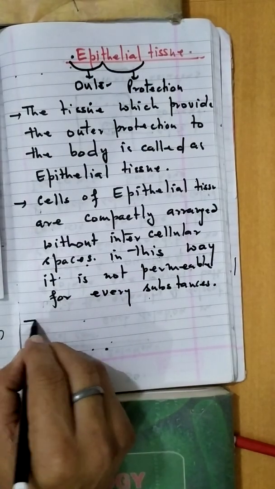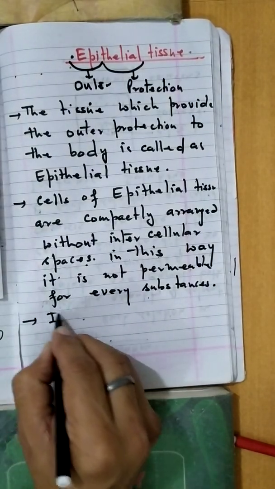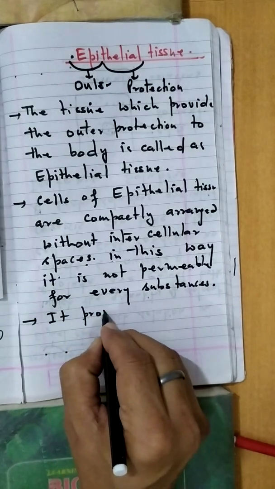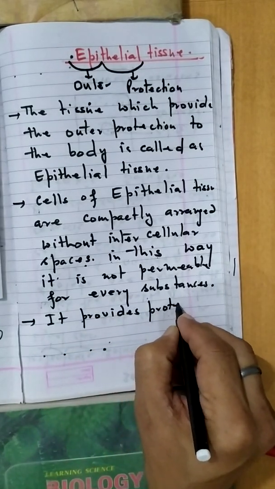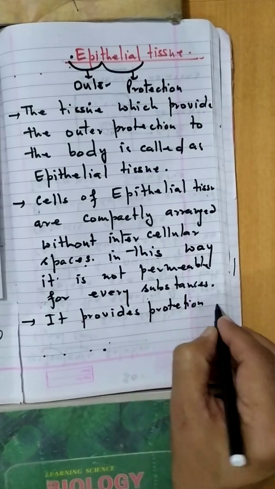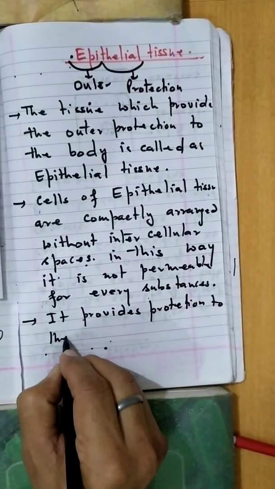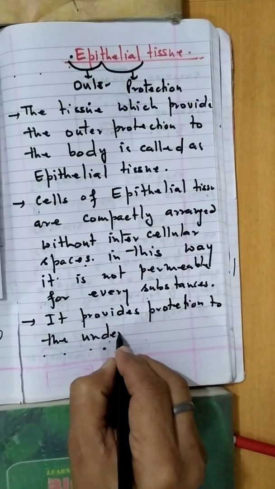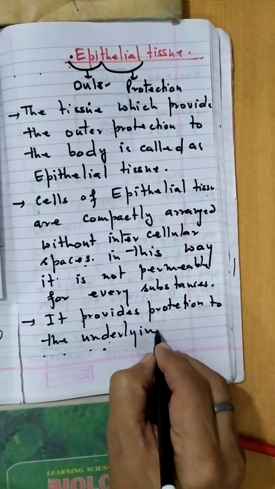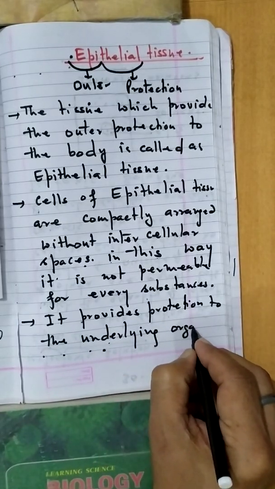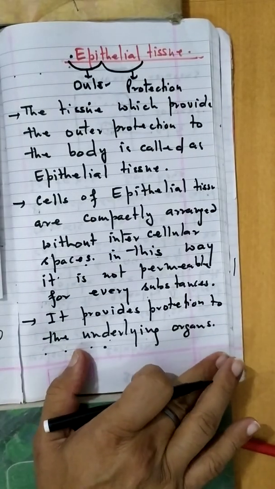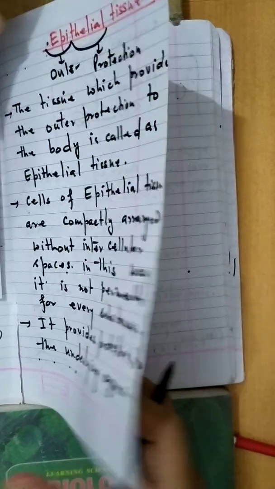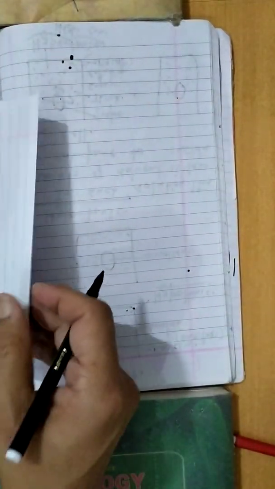Right? It provides protection to the underlying organs. Is it clear? Now epithelial tissue can be studied in three types